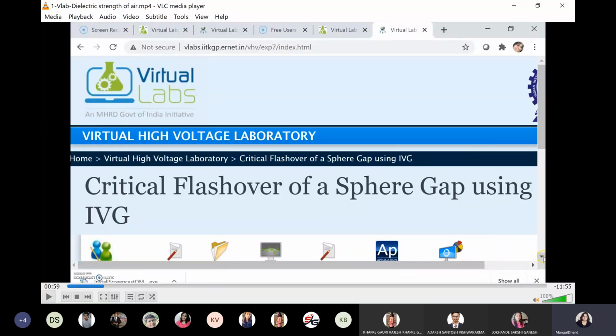So you need to observe the effect of diameter. We have discussed two effects of diameter. If the diameter is increased, breakdown voltage reduces. And if the diameter is increased, breakdown voltage increases. So let us see who is the sharp observer, who is able to observe both effects by increasing the diameter, where breakdown voltage increases and also decreases, and also the gap distance. If the gap distance is increased, breakdown voltage increases. So all these three observations are required. And then the third is the wise reviewer.